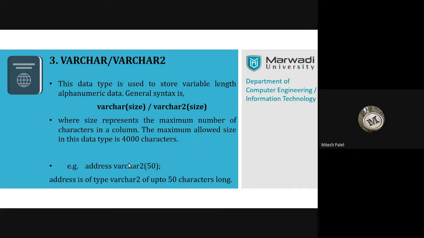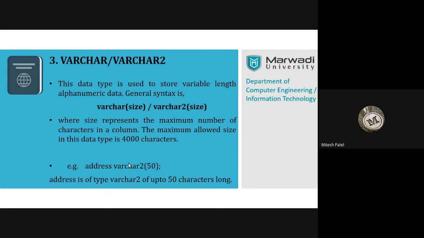I will give you the difference between character and varchar, and between varchar and varchar2. First understand varchar or varchar2. In this we can store variable length alphanumeric data. Variable length alphanumeric data means we can store alphabets as well as numbers.